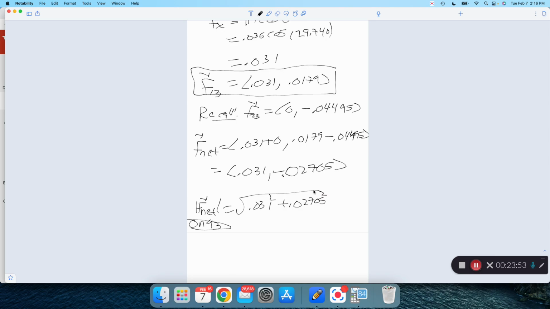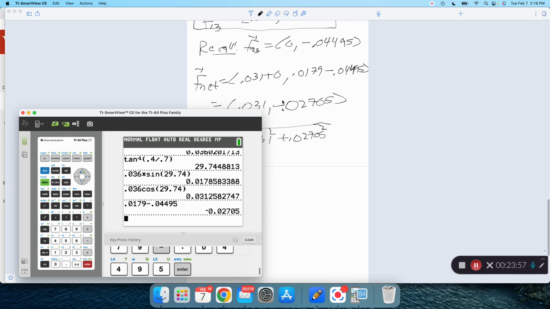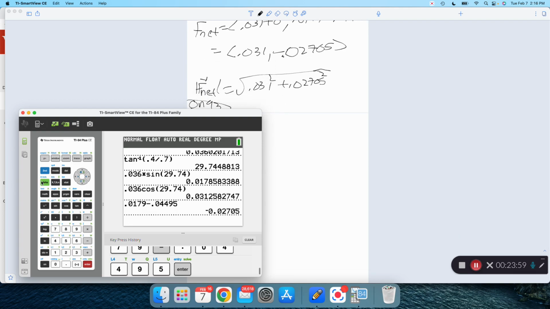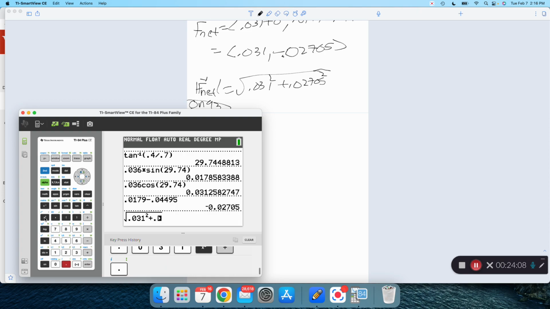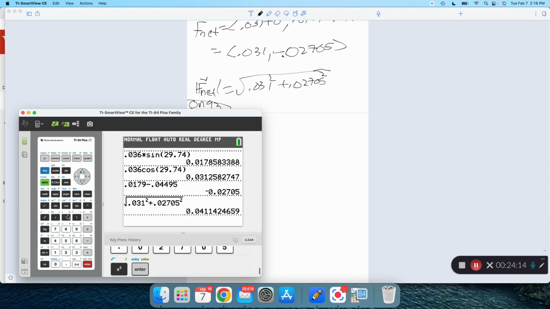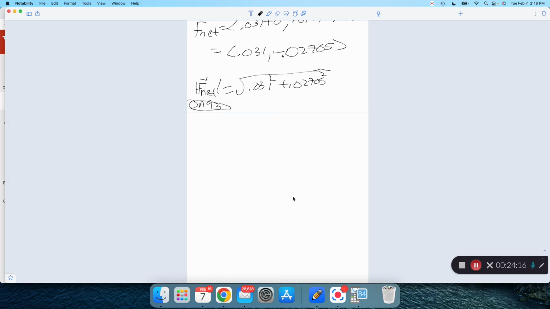I'm not going to put the negative in here because when you square a negative, it's positive anyways. 0.041